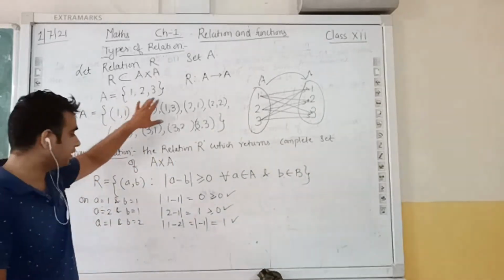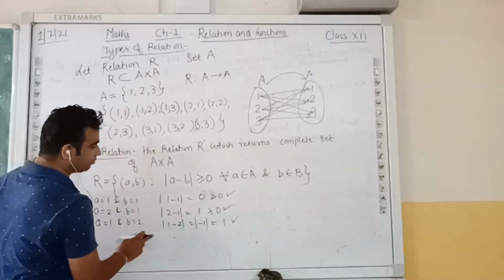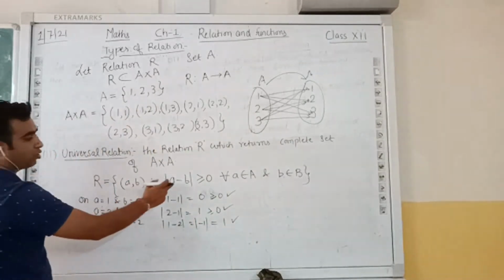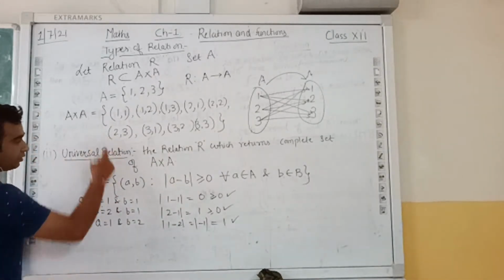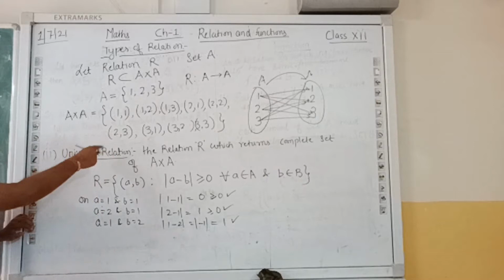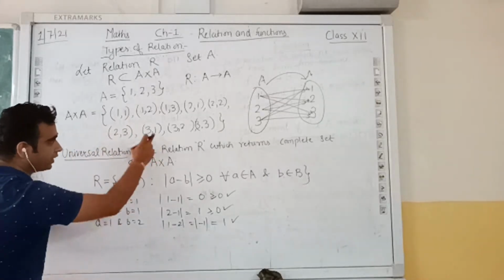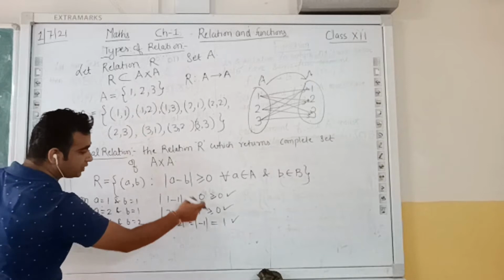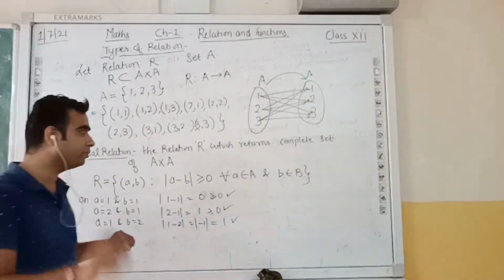So we will get all the ordered pairs from this same relation R, that is mod of A minus B. Okay, so हमें यहाँ से सारे order pairs वापस ये वाले मिल सकते हैं. आप चेक कर सकते हो. यहाँ से कोई भी order pair उठाओ, first element A की जगह put करो, second element B की जगह put करो, आपको हमेशा यहाँ पे वैल्यू जो मिलेगी वो greater than 0 या फिर equal to 0 ही मिलेगा.